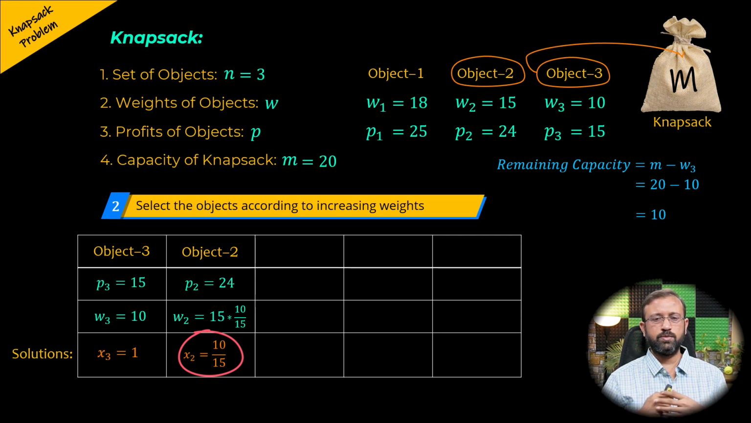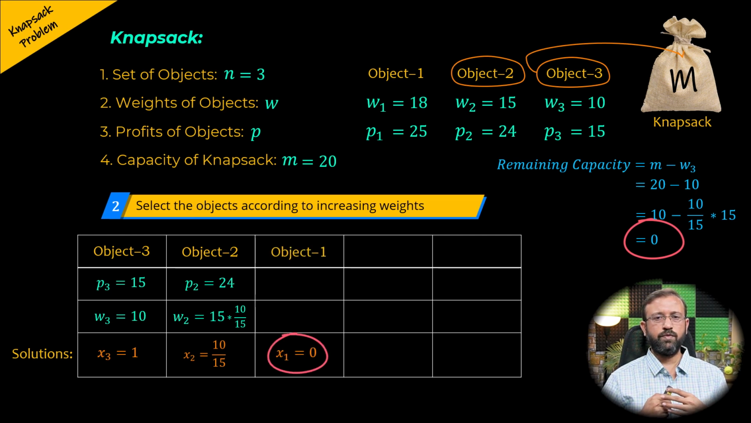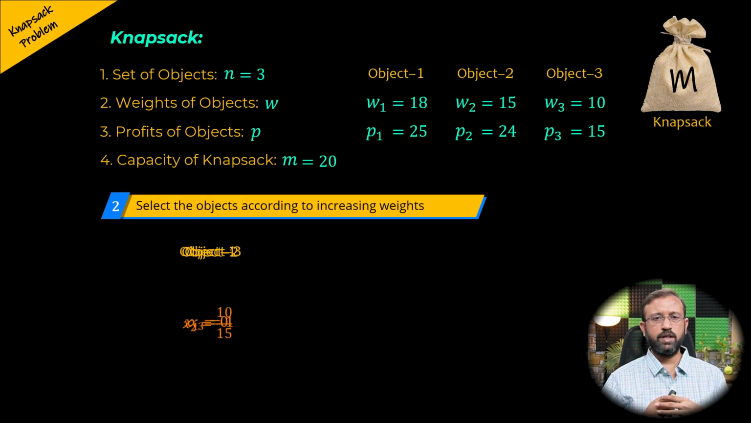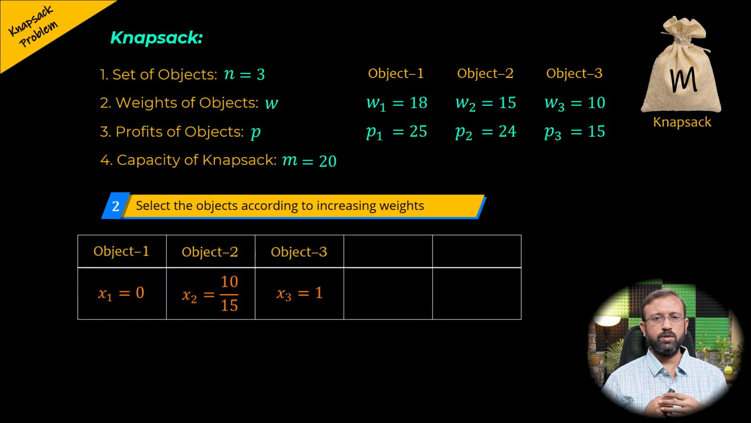with object 2. Now, the remaining capacity of the knapsack will be 10 minus 10 by 15 multiplied by 15. So, the remaining capacity of the knapsack will be 0. Then, since the remaining capacity of the knapsack is 0, no other object or objects can be used to fill the knapsack. So in this case, the solution is x1 is 0, x2 is 10 by 15, and x3